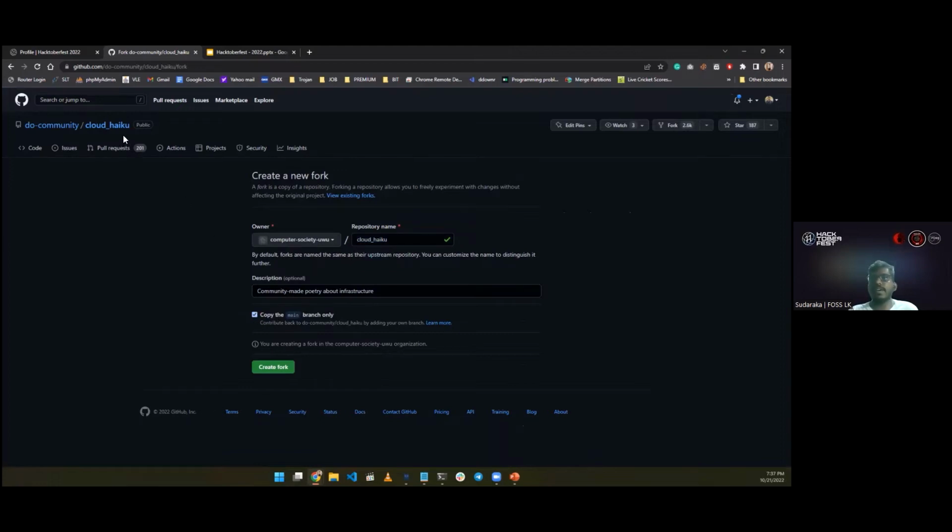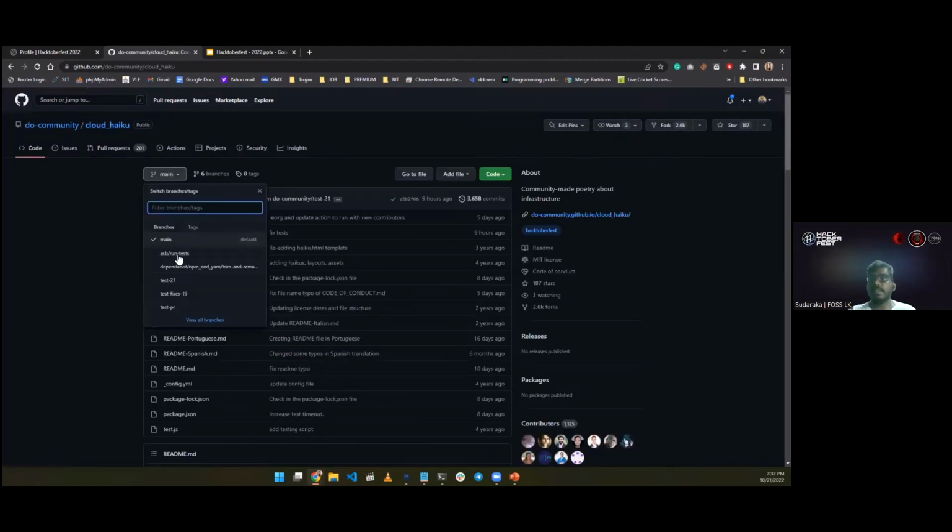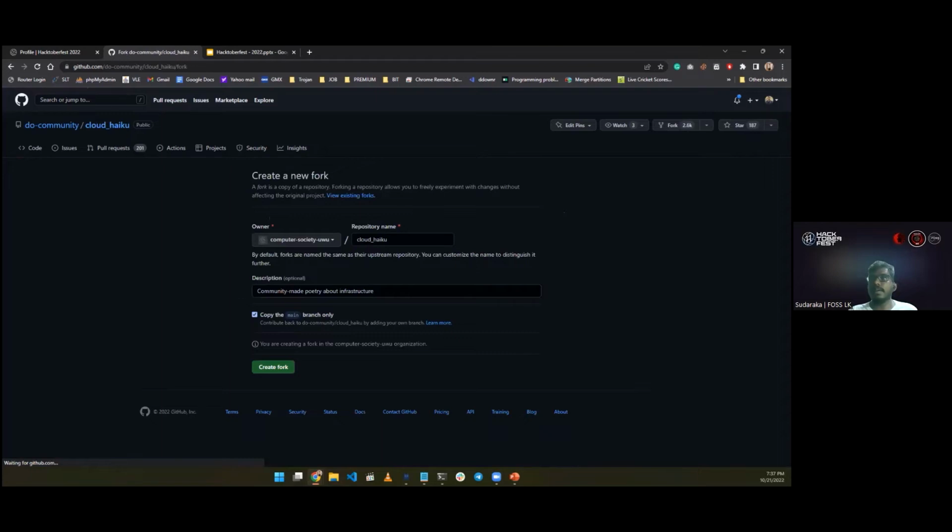So when you are going to the Git, there are several branches, like main, test branches. Because you only need to get the original repository's important things, you can click here to copy the main branch only. Otherwise, the fork will copy other branches as well to your personal space. So in order to get the main copy, you can click here and click the create fork button. I am not going to click the create fork button.